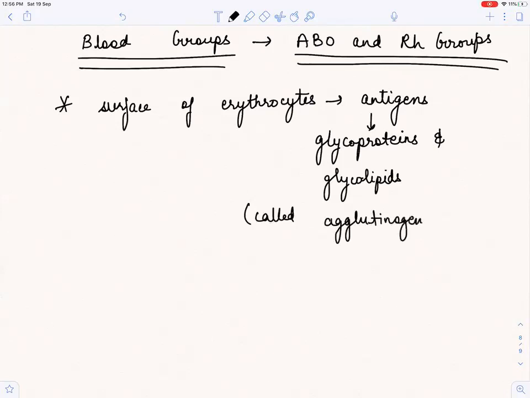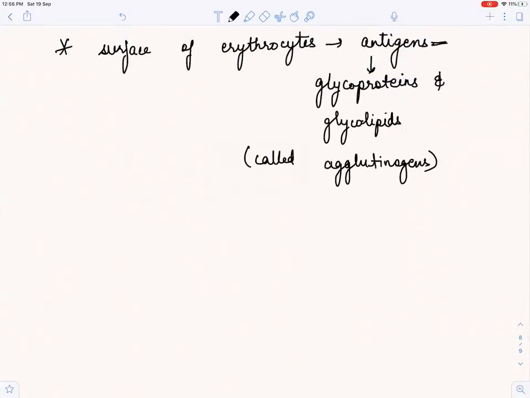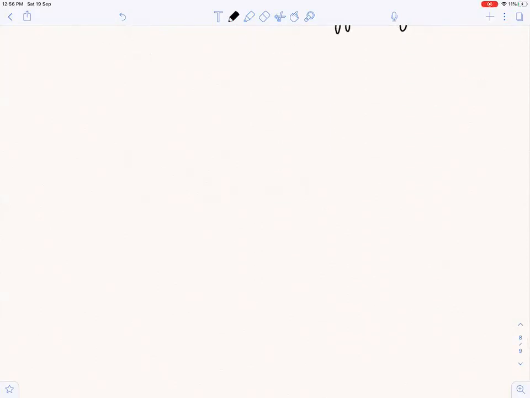अब इनको हम क्या कह सकते हैं, इनको हम कह सकते हैं एग्लूटिनोजेंस, ओके, these antigens are called agglutinogens, और ये एंटीजेंस ही डिसाइड करते हैं कि हमारा ब्लड ग्रुप क्या होगा, ठीक है, ए होगा, बी होगा, बी क्या होगा, ये सब ये डिसाइड करते हैं। अब ये ए बी ओ ब्लड ग्रुप जो है,